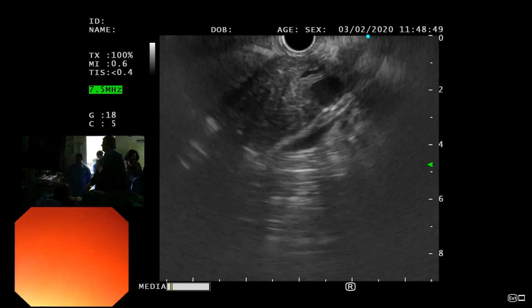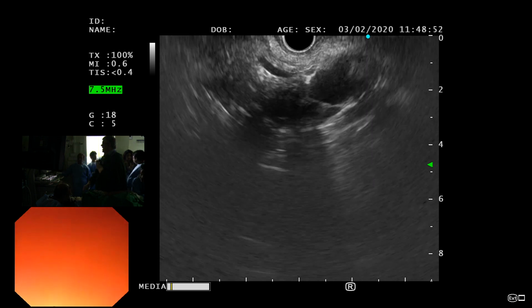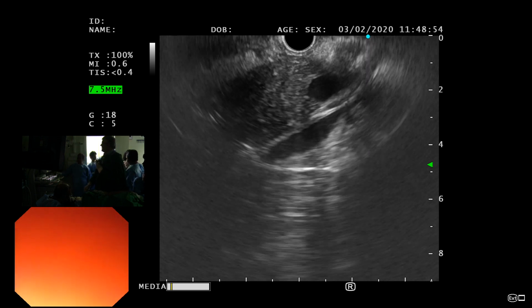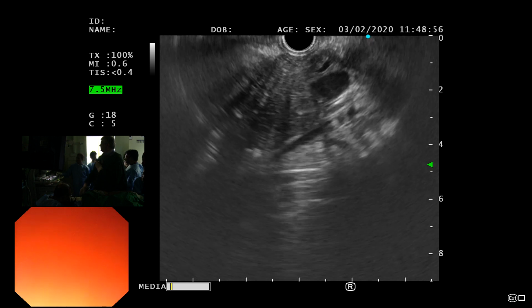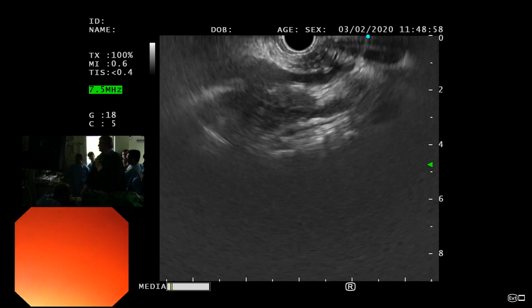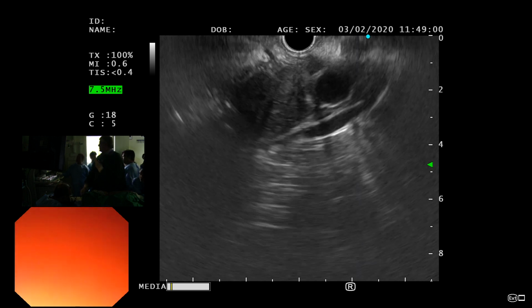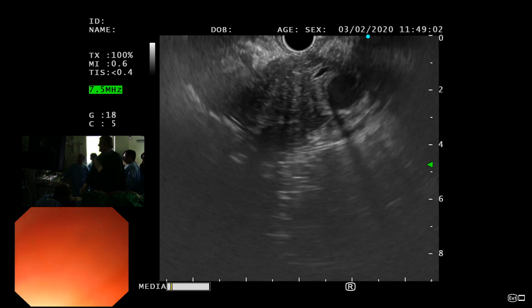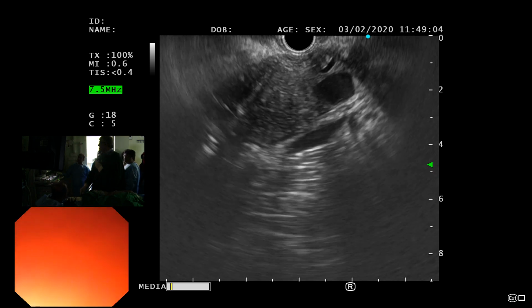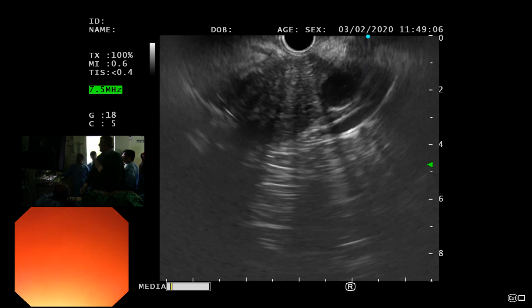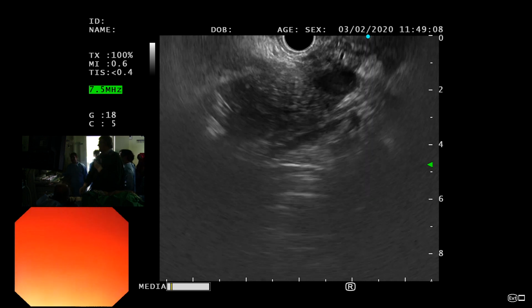Because I cannot see the duct in the neck area. I kind of can't see it. It just disappeared. It stops here. Does it? I didn't see that here. The history. Any history worrisome? Yeah, I mean, worrisome in the sense that there is obstructive jaundice, distal CBD stricture, and